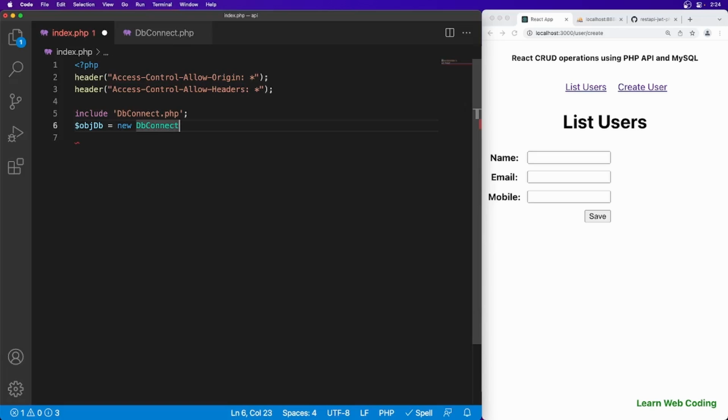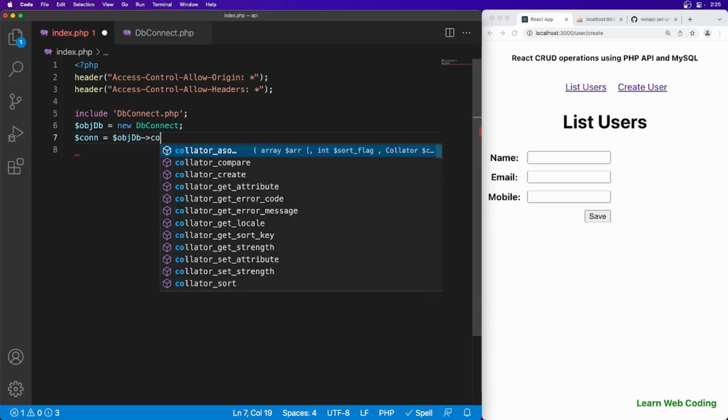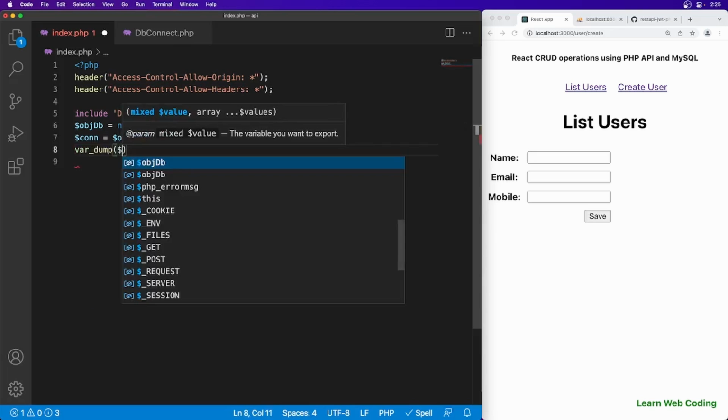New db class, and then let's say connection equal to the object of this db and call the connect method. If it is successful, we should be seeing a resource object here.